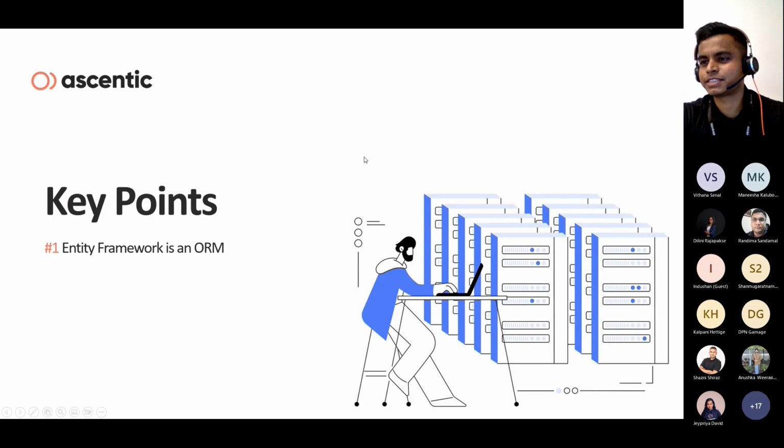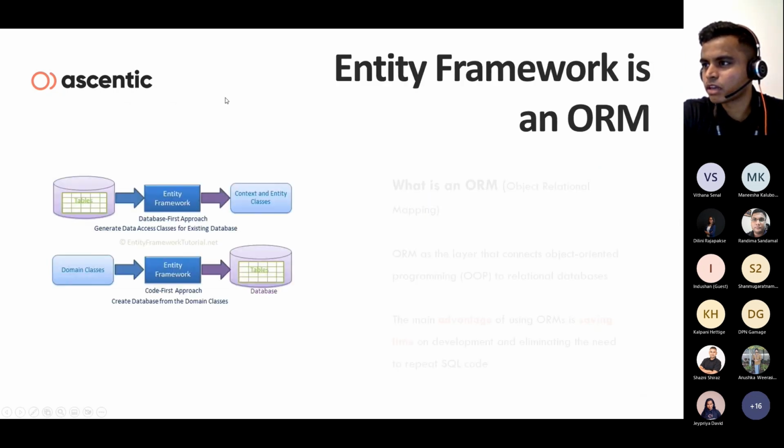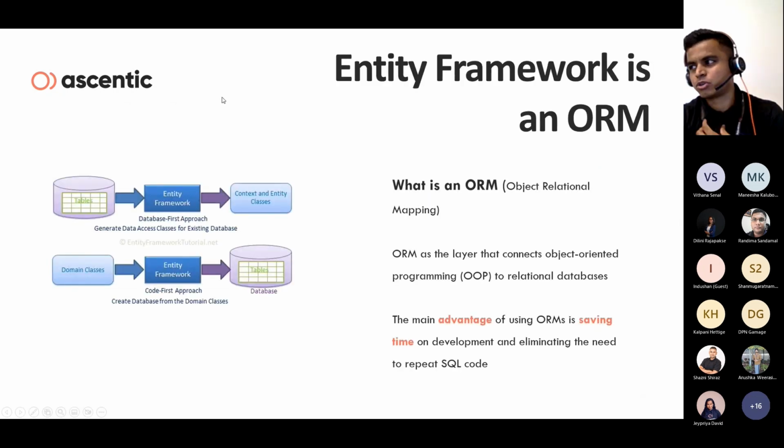So what should be the key points in these two strategies? Entity Framework is an ORM. What is an ORM? ORM is object relational mapping. What simply an ORM does is